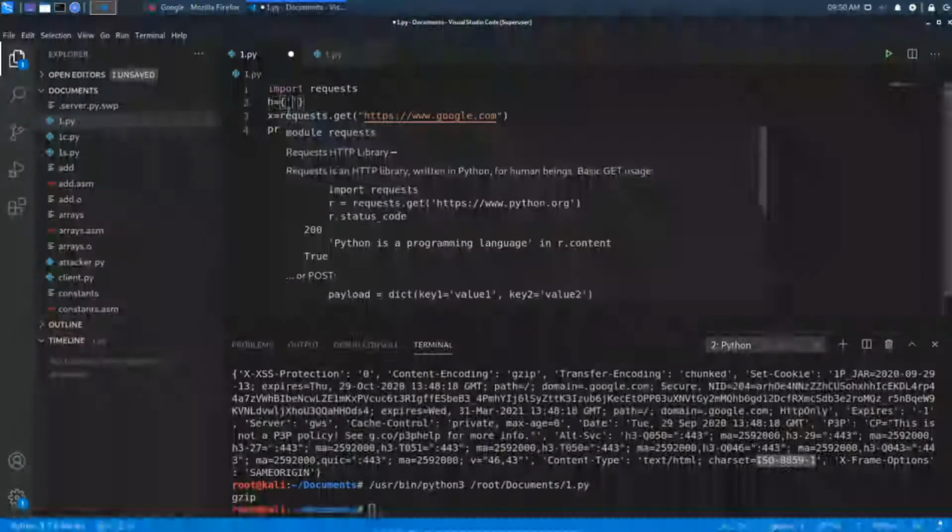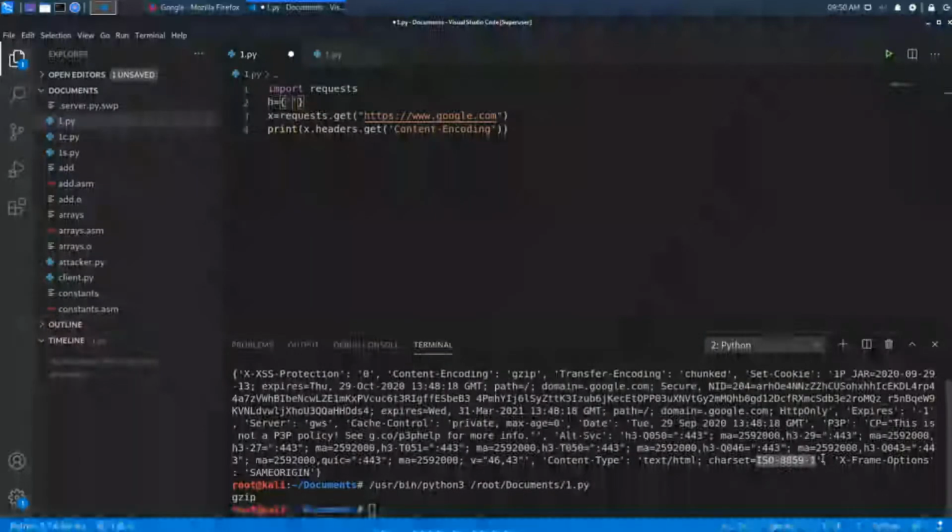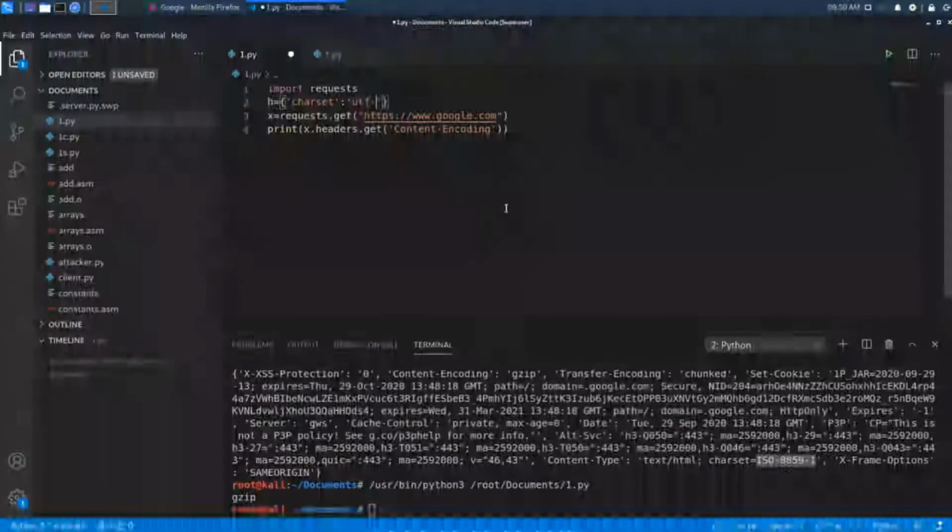If you want to modify or mention any custom headers, then you can pass them using a dictionary. Headers is nothing but a key. And here, sorry, you need to pass the charset. Charset is the key. In that charset you are going to use, here the encoding format is ISO. I am interested to do the encoding in UTF-8, that is a format. Okay, let me see whether we can change it or not.